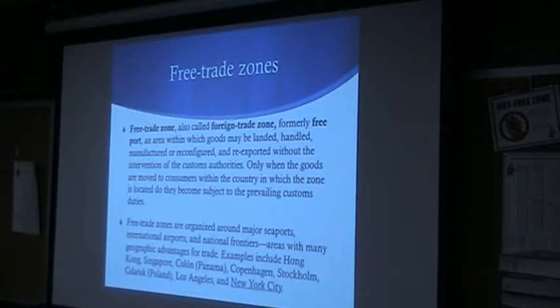And lastly on that sheet is free trade zone. So this is something we haven't really talked about. A free trade zone is an area where goods, whatever is produced, whatever is being traded, can be imported, held, and then re-exported without customs, without taxes. So they often are entrepots, like Singapore, for instance. They call it the world's warehouse. It's just kind of like a holding point